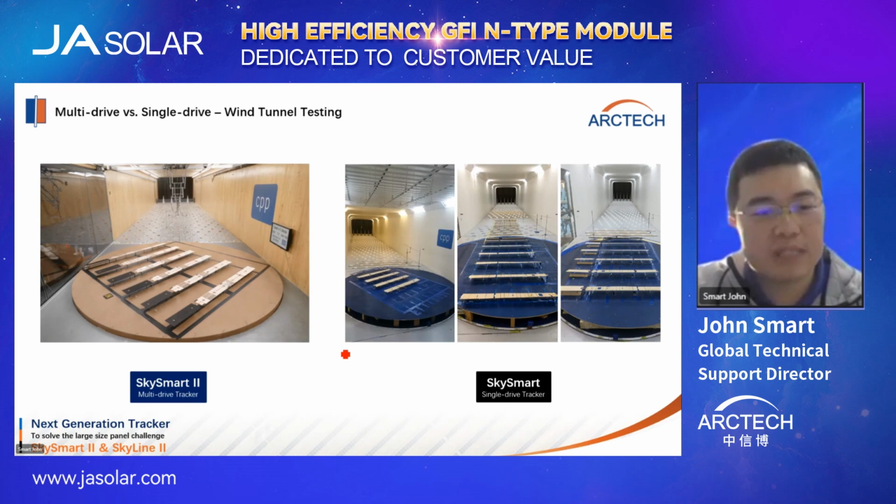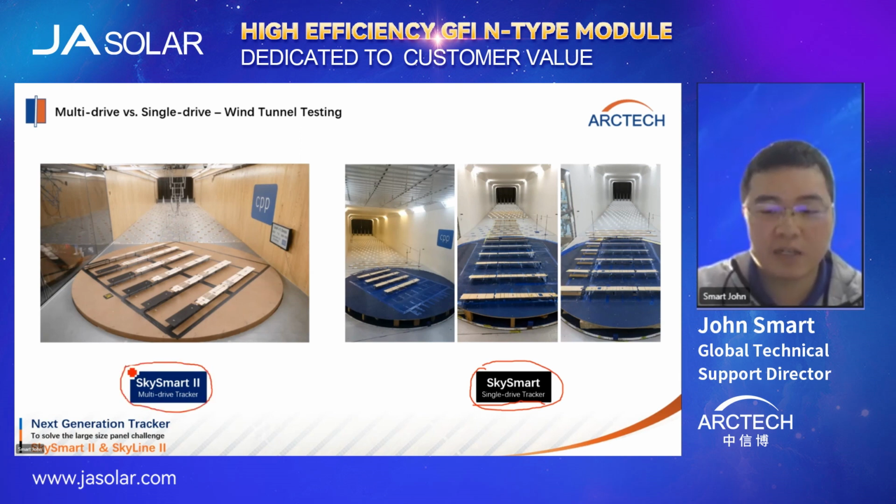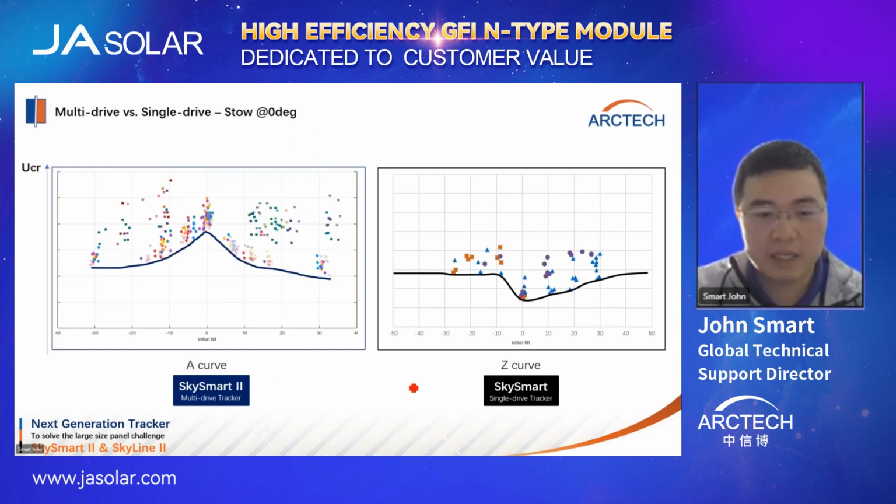We have done lots of wind tunnel testing. The traditional tracker design is our first generation of SkySmart, and this is a single drive tracker, and we have developed a new tracker product, SkySmart 2. This is a multi-drive tracker, and this is the result of these two trackers. For the single drive tracker, the critical wind speed map is something like a Z curve. The lowest critical velocity is at 0 tilt. And for the next generation tracker, SkySmart 2, the multi-drive tracker, the critical map is kind of an A curve. The 0 degree has the highest